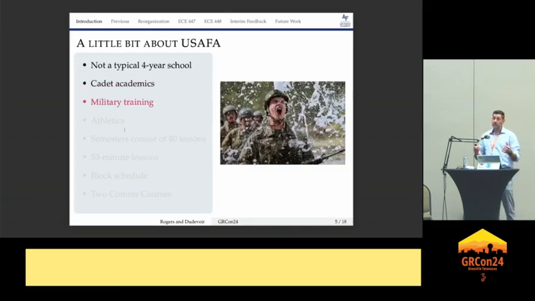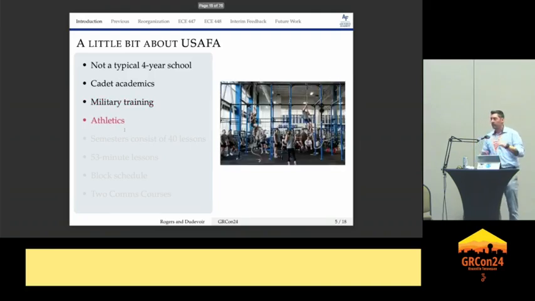They also, while they're going through that rigorous academic sequence, have some military training that they're doing on the weekends and in the evenings. And by the way, all these pictures I just pulled from the USAF off of Flickr, right? So these are all public domain things. Really cool to go in there and look, and you can see what me and my cadets go through on a daily basis. So in addition to academics and military training, as if that wasn't enough, they have athletic requirements that they have to meet. So this is a picture of my CrossFit team competing against Army at the time, and Army won, unfortunately.